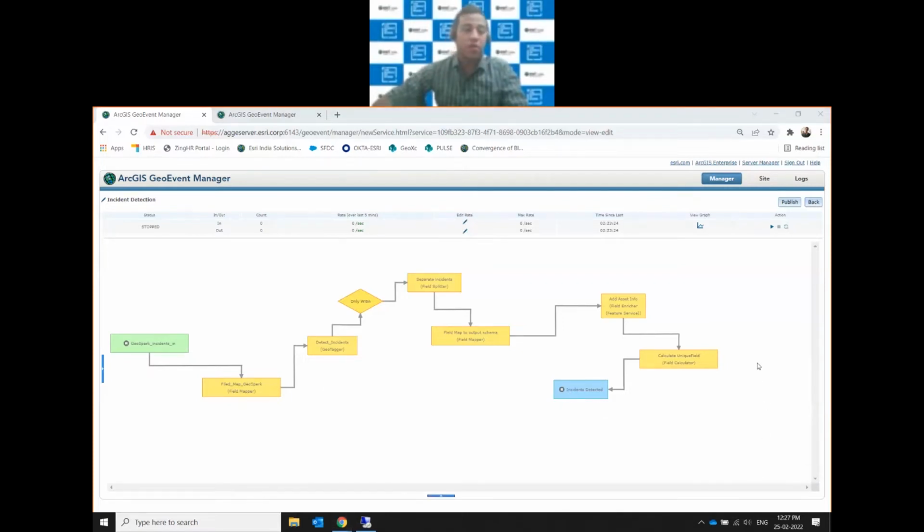Okay. So you see here, this is the workflow that I have used. I'm ingesting my GeoSpark incidents, and I'm taking the live stream to my city, and within my area of interest, I can filter that and I can geotag that information to enrich my existing real-time feed coming from GeoSpark with my own city assets, because I want to understand whether my schools are getting impacted, hospitals are getting impacted, or my municipal assets are getting impacted based on a specific field,